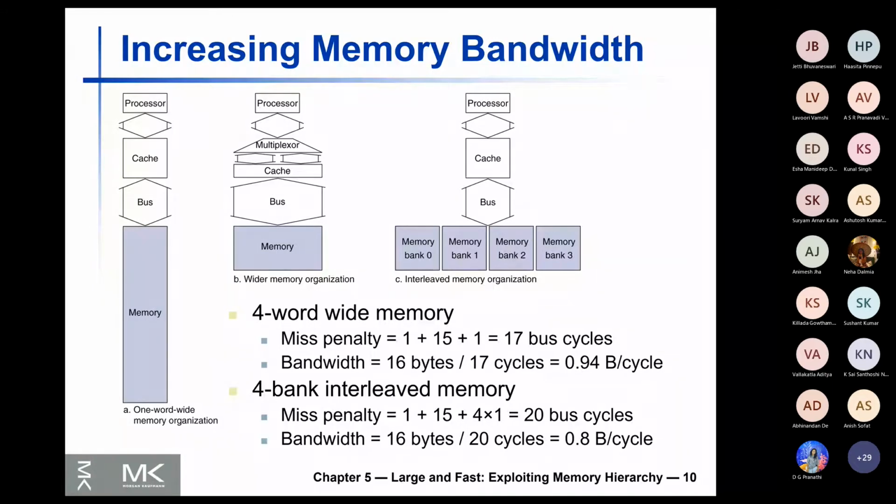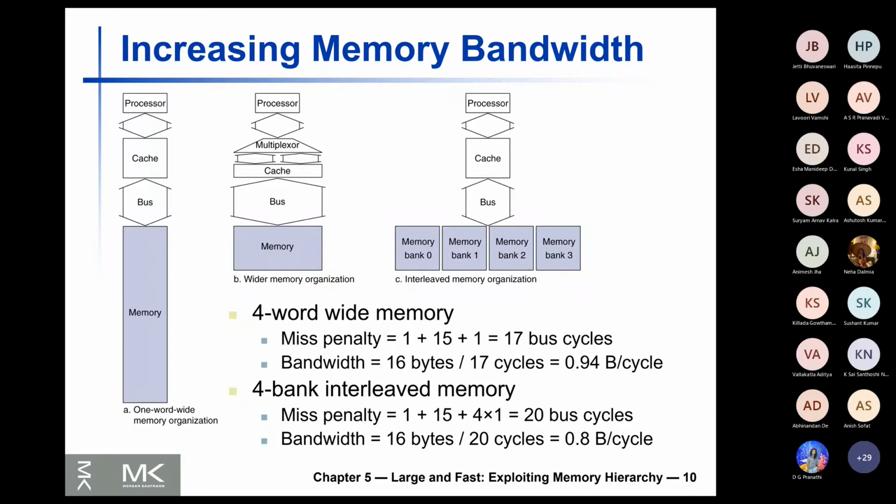Now the memory can supply maybe four words at a time to the cache, and then it is more efficient, but still the processor only reads one word at a time from the cache. There is a multiplexer mechanism which, from the block of these 4 words, selects the correct word and sends it to the processor.